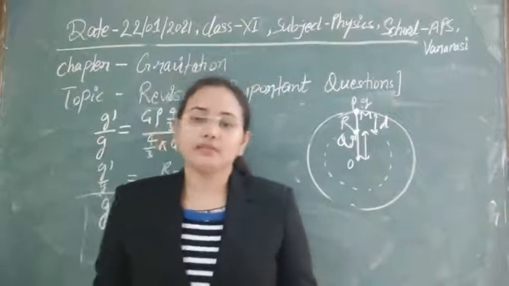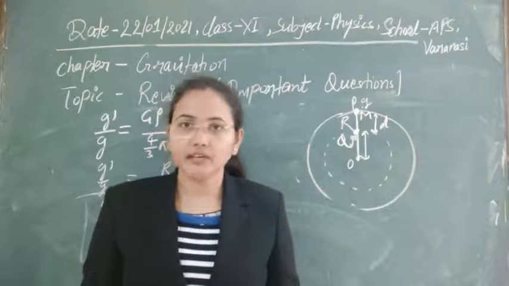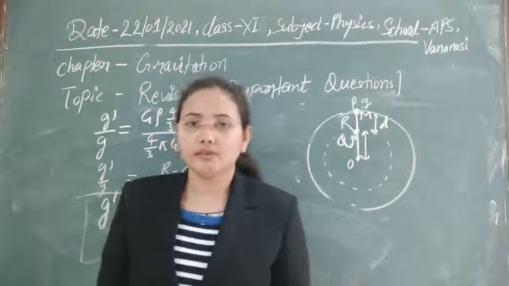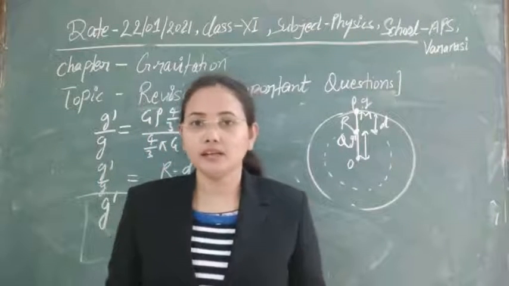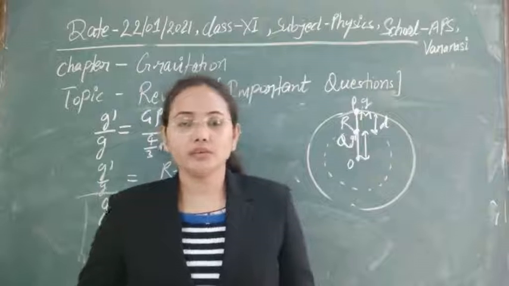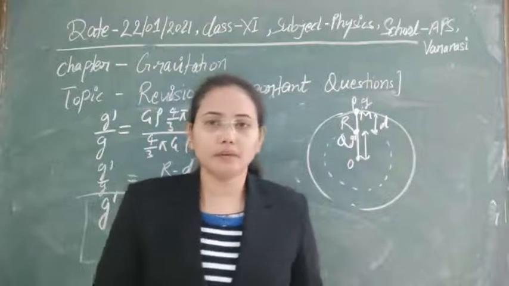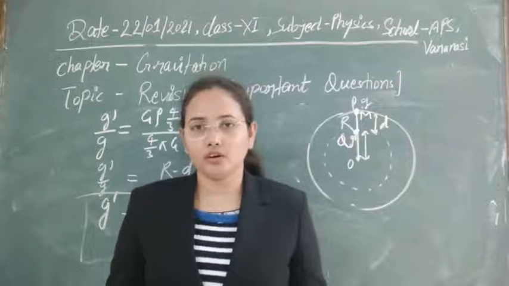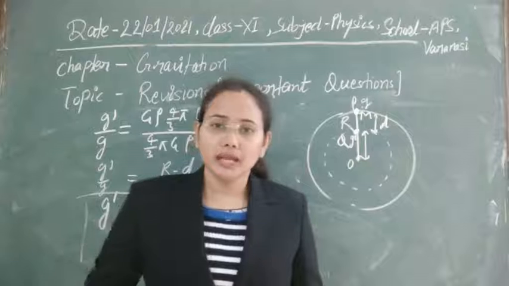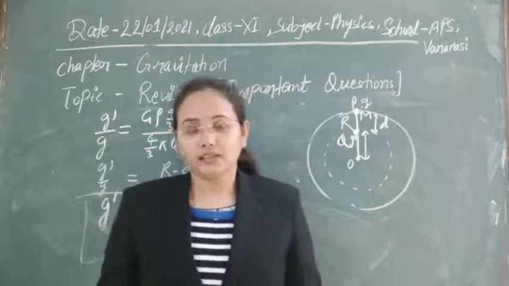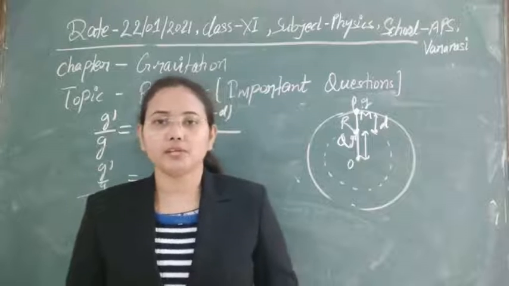So today a number of concepts that we have discussed can be asked in your examination in derivative forms and in conceptual forms. And later here one thing has to be discussed again: what will be the effect on g due to rotation of earth or due to shape of earth, and also what is escape velocity and orbital velocity, and what is the case of satellite, meaning what will be the time period of satellite and another factor. So let's discuss that in the next class, and after that we will discuss numerical problems based on this.